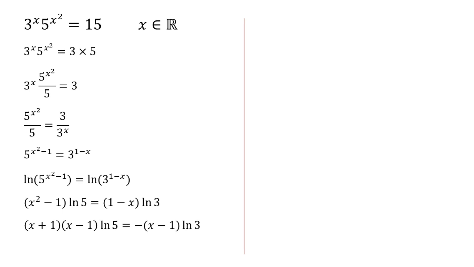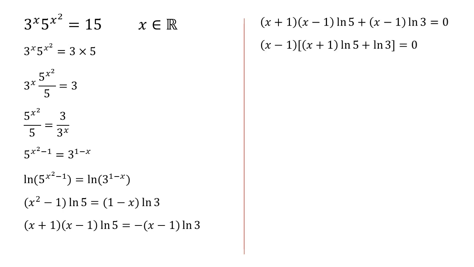Now we've done that, let's bring the right-hand side over to the left by adding it on. So we get x plus 1, x minus 1 ln 5 plus x minus 1 ln 3 equals 0. We can factorise out that x minus 1. We've now got two brackets equaling 0. So to solve this, we can set either side equal to 0. So we either get x minus 1 equals 0, which gives us an answer of x equals 1, or we